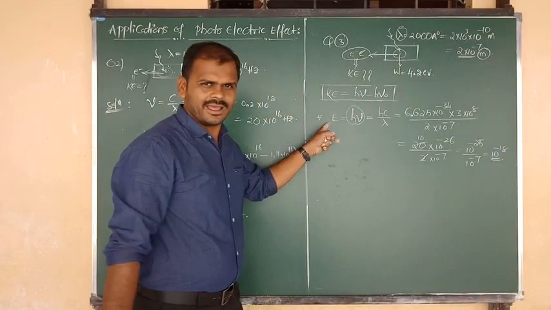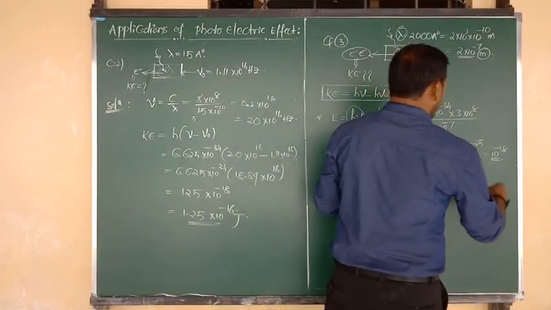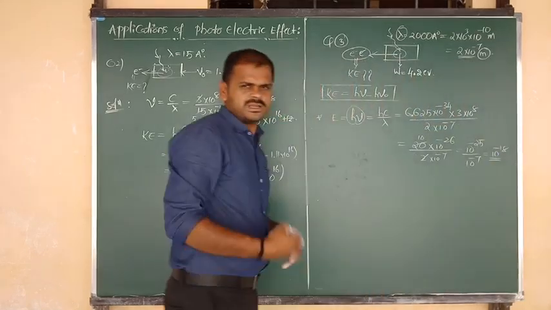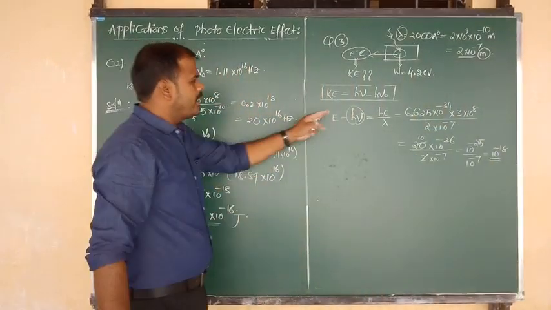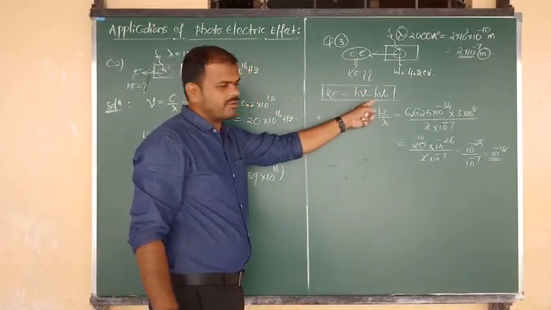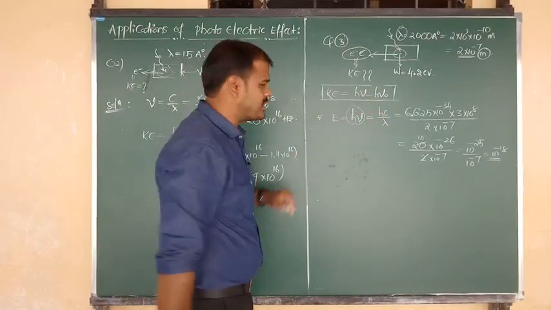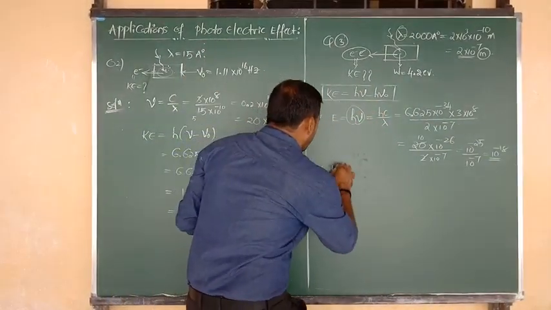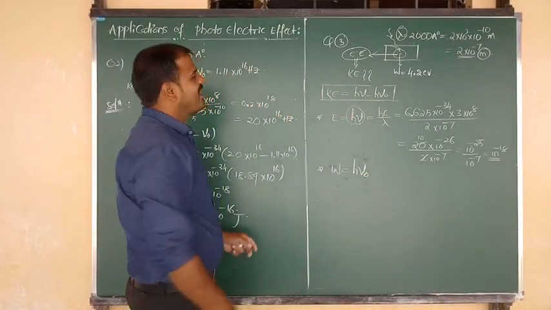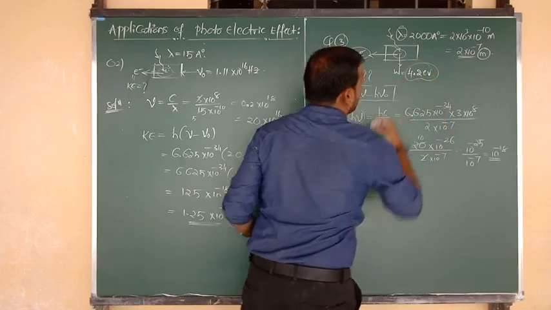What have we calculated? Energy we have calculated. So energy we have calculated, that is nothing but 10 to the power of minus 18 joules. Like that we can write down. Good. E value we have calculated, nothing but h nu value we have calculated. Now we have to calculate the h nu naught. You know one thing very well: work function W is equal to h nu naught. And the work function value they have already given. How much they have given?